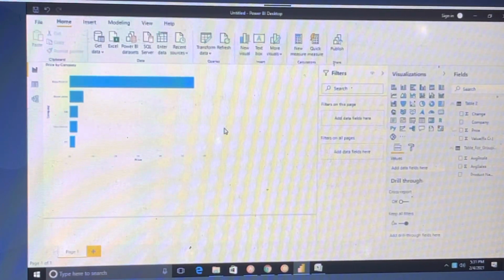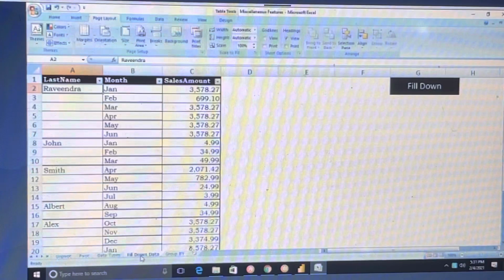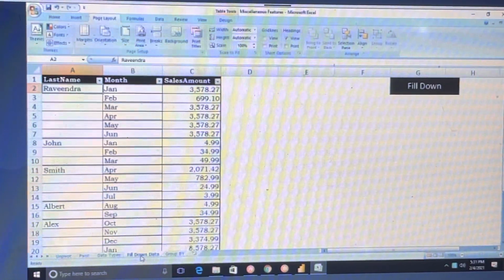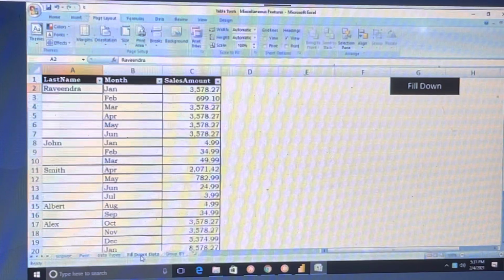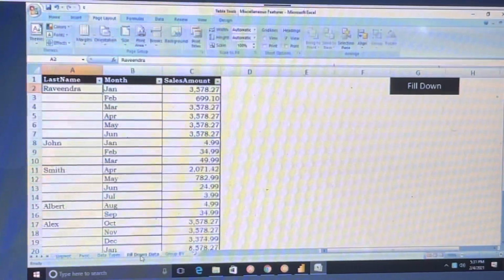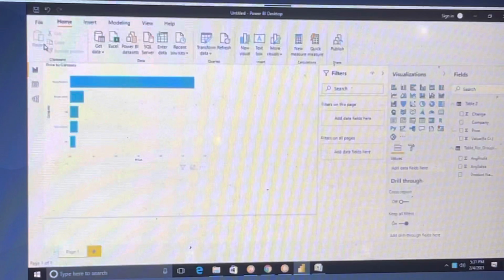Okay, one second. Now how to do that fill down? Okay, just take that fill down. Just a moment. Okay, now go to Power BI.